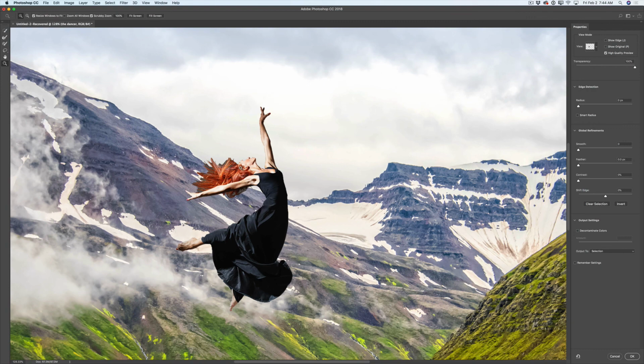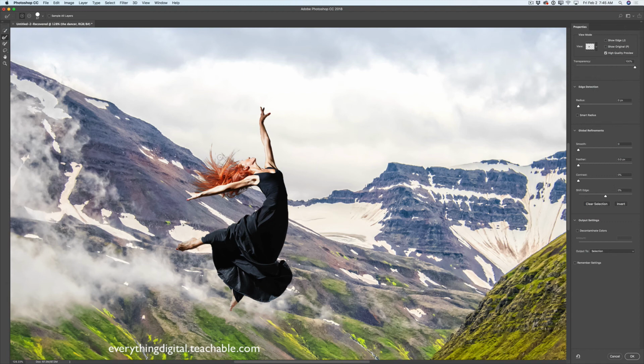First of all, I would like to adjust her hair. I will switch to refine edge brush, and I will paint over her hair, just like that. Guys, just please pay attention how Photoshop does all job for me. I don't need to switch between multiple tools. I don't need to stress out and spend hours and hours to perfectly mask out her hair, and she has very long and a lot of flying hair. So as you can see, everything is so perfect,